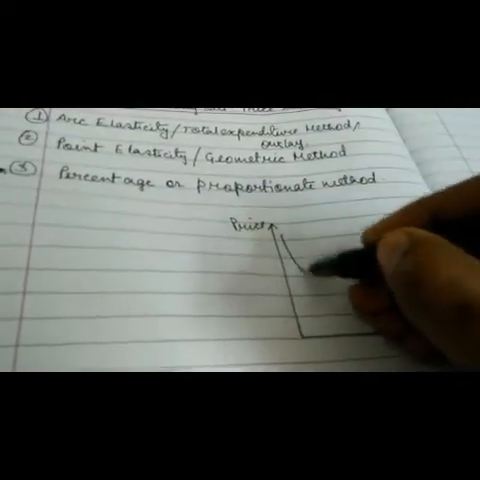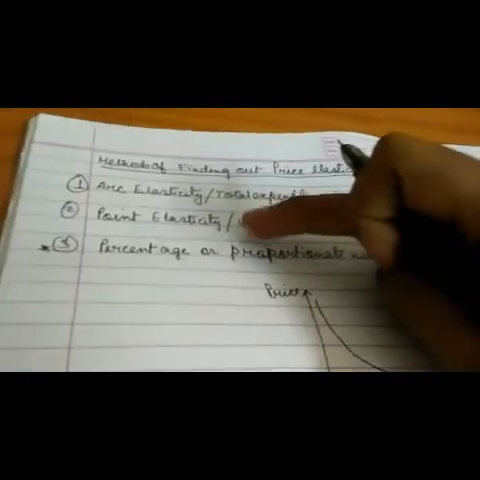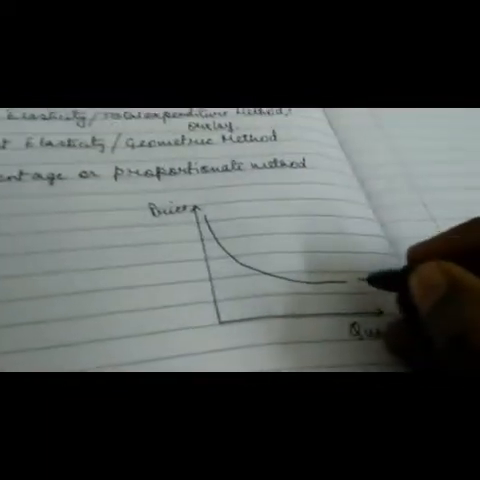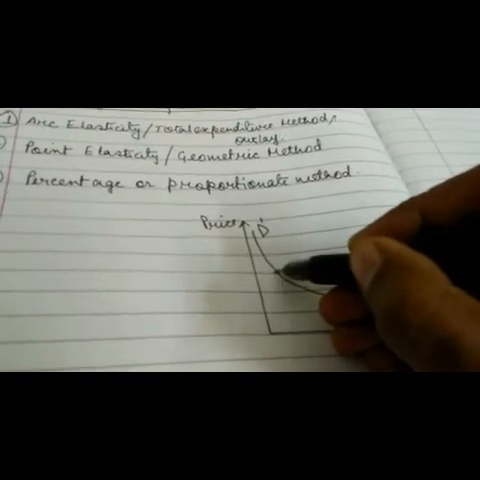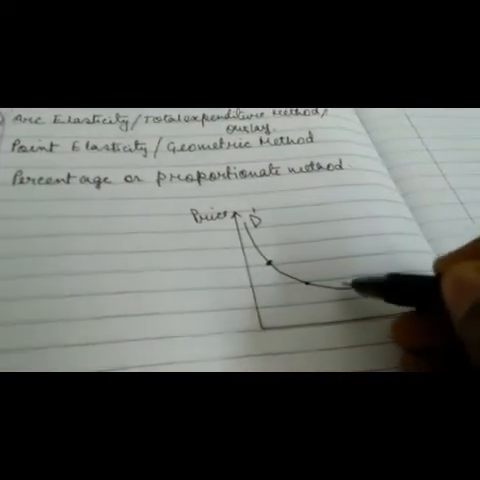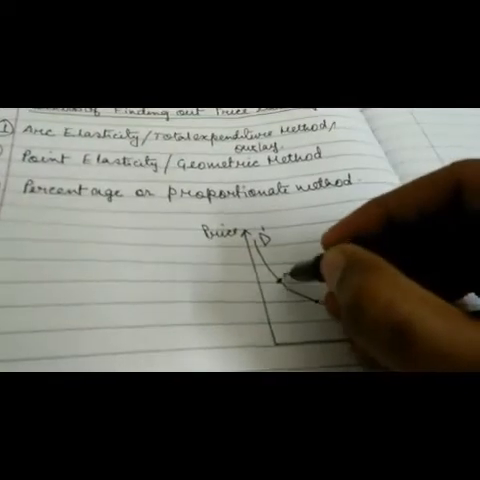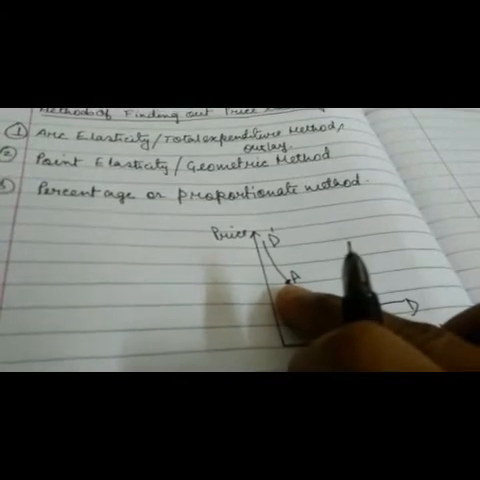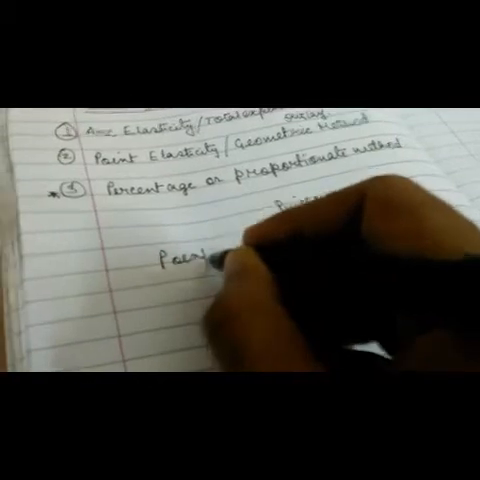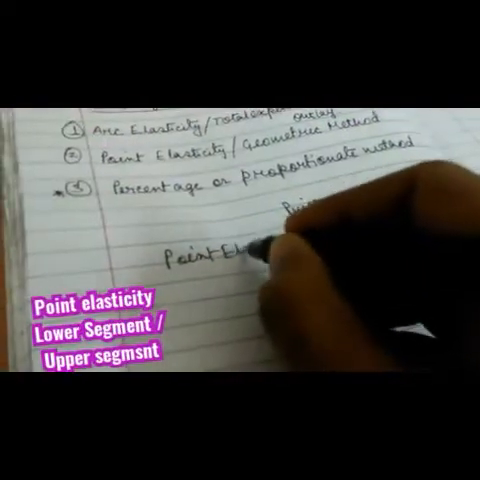Now, let me draw a demand curve and show you how to find out point elasticity and arc elasticity. This is the demand curve where I have already drawn the price axis and quantity axis, as you know. Each point on this demand curve shows a different kind of elasticity, so we have to find the point elasticity at each point. So now, let us find point elasticity first. For point elasticity,